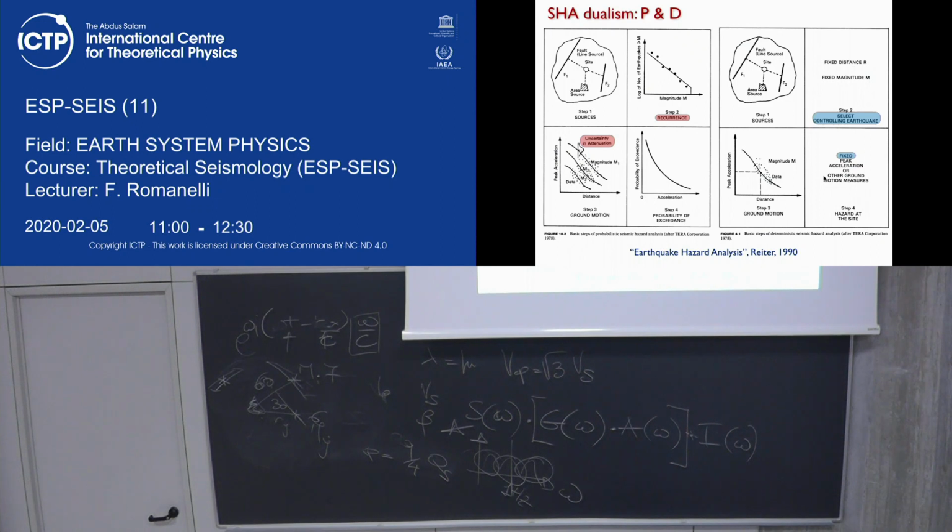While here, probability is saying we have all of them, let's weight them, let's compute a sum. It's a terrible mess that now we will debunk, I hope. And you got a hazard curve. What do you have here? Different levels of acceleration with a probability of exceedance in 1 year. Do you want to see the result?